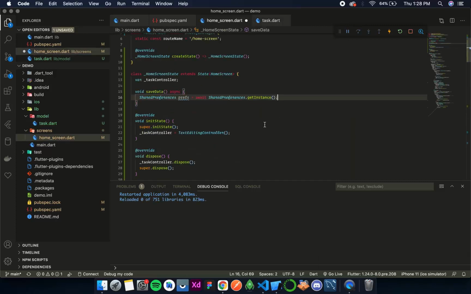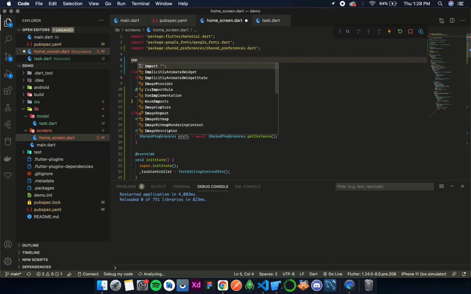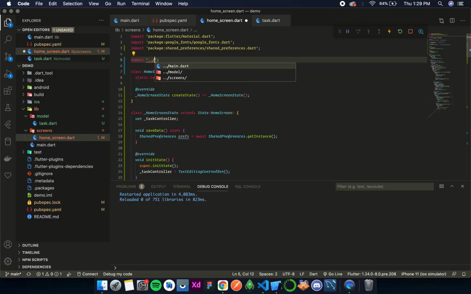Now let's get back over here. First let's import this model class. Now whenever we are importing some project file, we leave a line gap, and we use relative indexing. So double dots slash, I can see model, and inside that I can see task.dart. So this is the standard practice for importing.